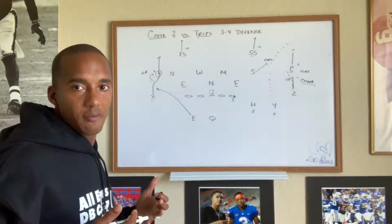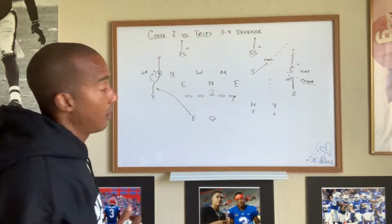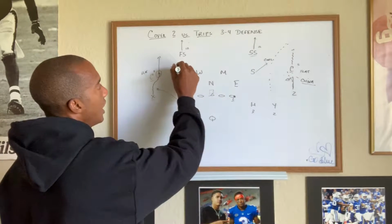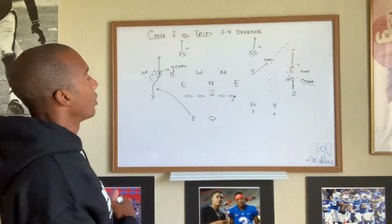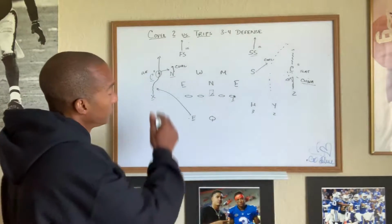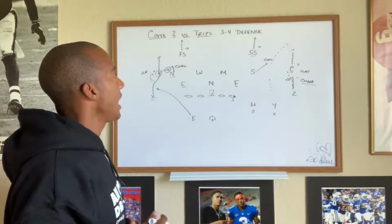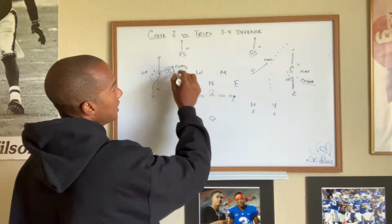That's what happens when you have a 3-4 defense. So this extra guy is going to give us a ton of help, all right? What we're doing here with this guy is similar to what we're doing with Sam. He's hanging right here in this curl area, and he is looking for anything coming inside. That could be this number 1 receiver trying to come in here on a curl or dig or anything, bringing him on the inside. Okay, he's sitting here waiting for that, and then he's going to be tough on any route coming inside. Get hands on him, harass him, reroute him, and he can even carry him some into this